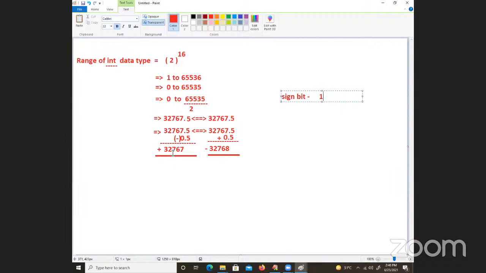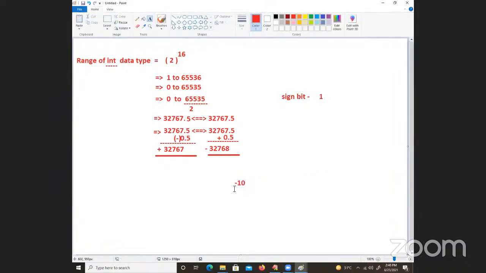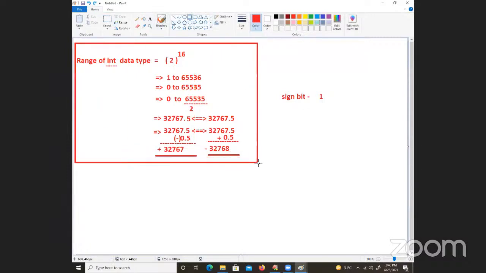767 on the left side. If no sign precedes, it is called what? Positive. If a sign precedes, for example minus 10, I want to store minus 10. For storing this minus, I need to use one bit separately. That one bit separately is known as what? Sign bit. That's why one is taken extra. I hope that you people are understanding what I am talking about. Is this calculation clear, students? Can you confirm once?